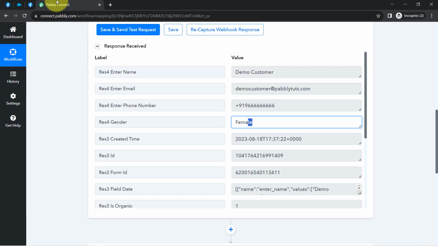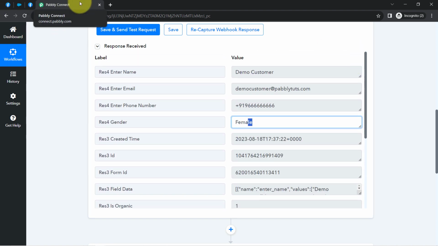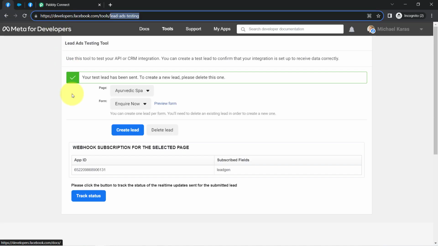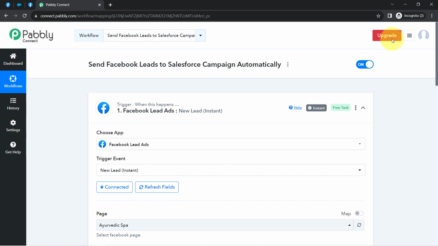Okay, so coming back to the Pabbly Connect dashboard, here you can notice the presence of this data clearly shows that the connection between Pabbly Connect and our Facebook lead ad application is working absolutely fine. Okay, so now onwards what will happen,